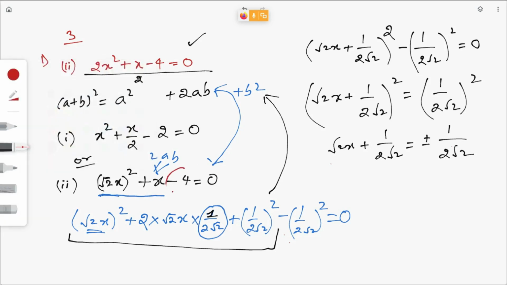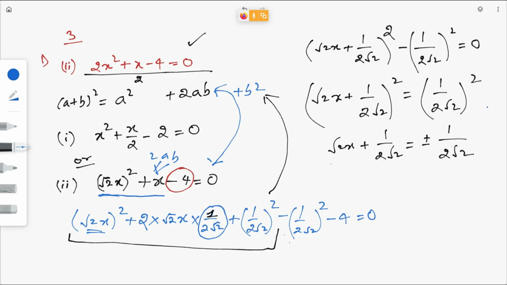Where is this minus 4 after this step? Where is this minus 4 here? You can't miss this minus 4 in this step, right? So what I told, just to take this minus 4 as it is for the next 2 to 3 steps. I told you guys to just take this minus 4 for the next 2 to 3 steps, but here I missed this minus 4. Okay, got it? You must write this minus 4 is equal to 0 here.